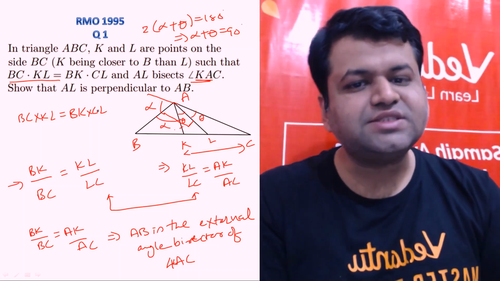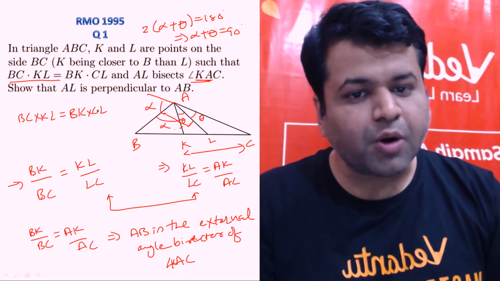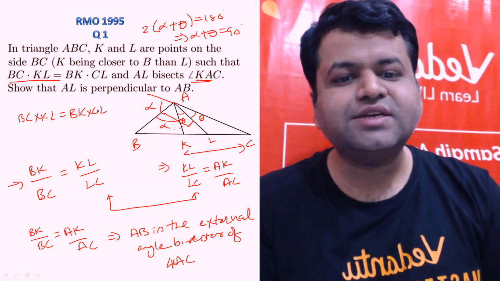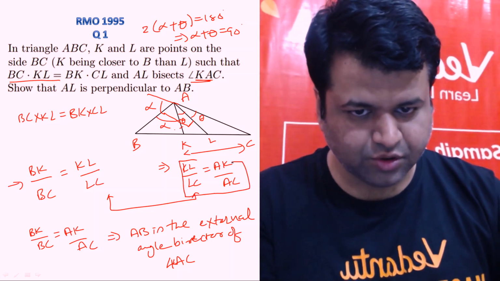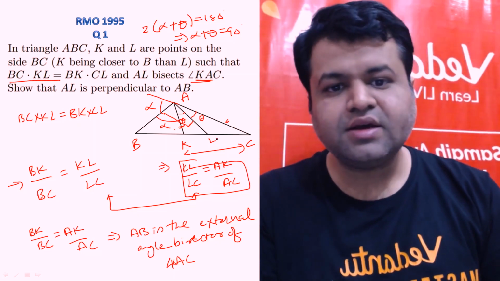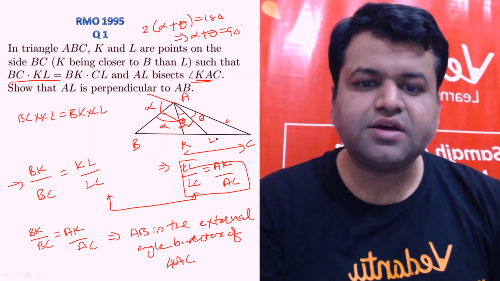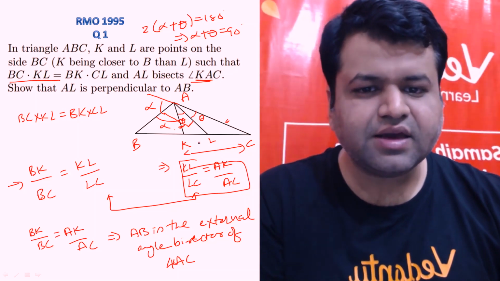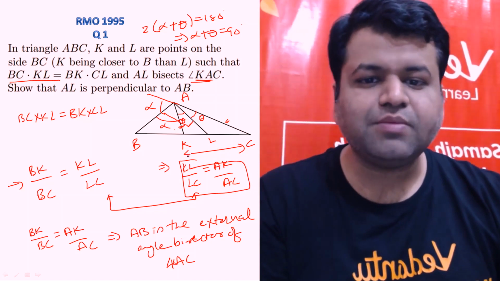So that was a basic concept of internal angle bisector and external angle bisector, right? The property is: the internal angle bisector divides the opposite side internally in the ratio of the sides containing the angle, that is KL upon LC will be equal to AK upon AC. And the external angle bisector property is that the external angle bisector will divide the opposite side externally in the ratio of the sides containing the angle. And as we have clearly seen, the angle between the internal and external angle bisectors of any two lines will be 90 degrees, right?